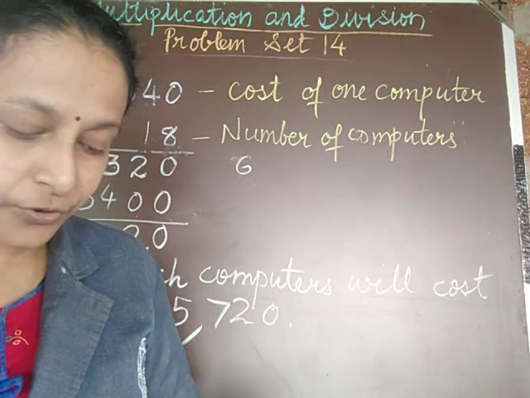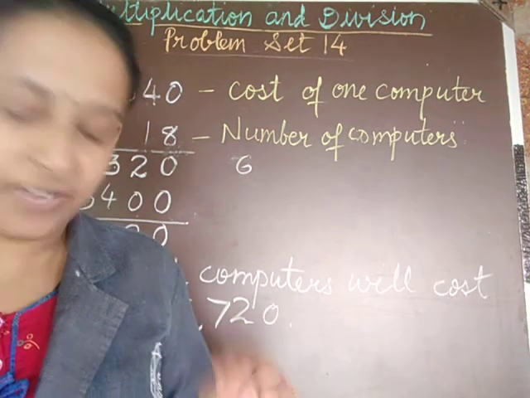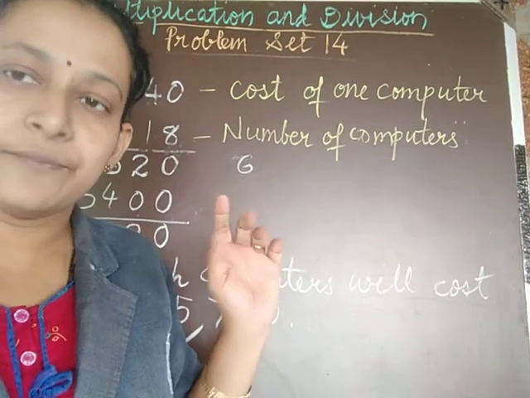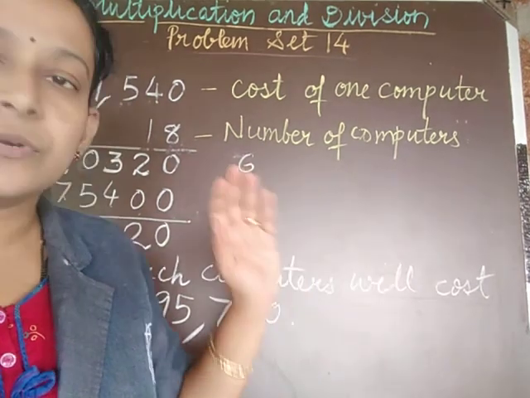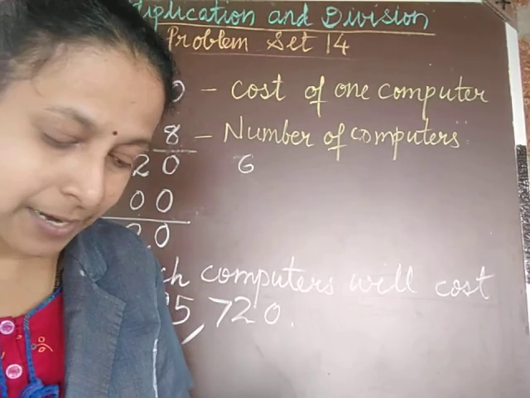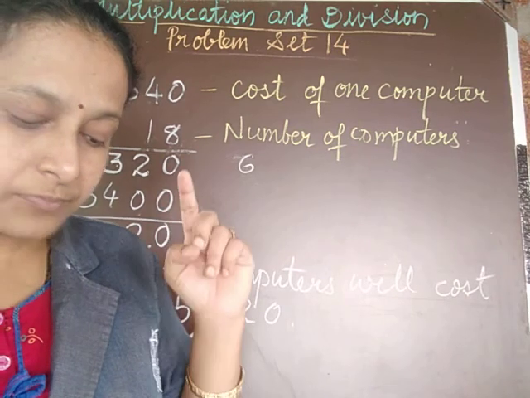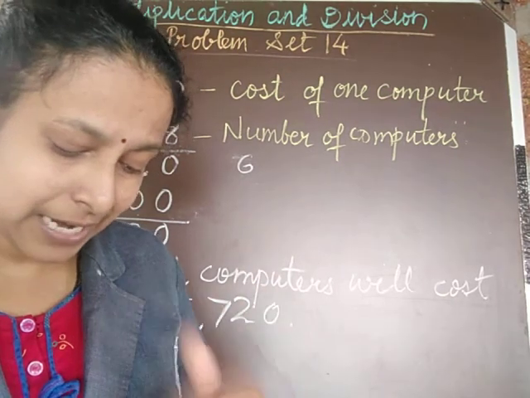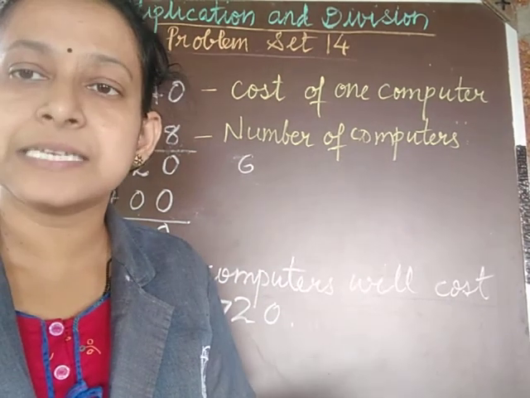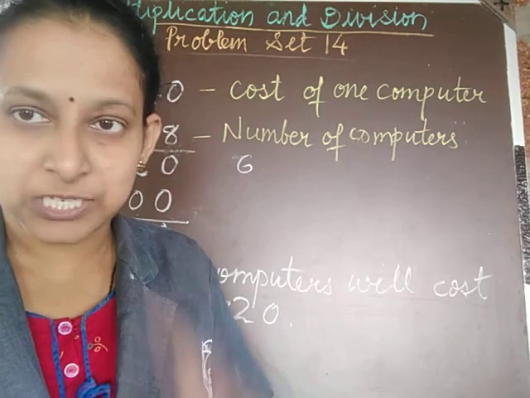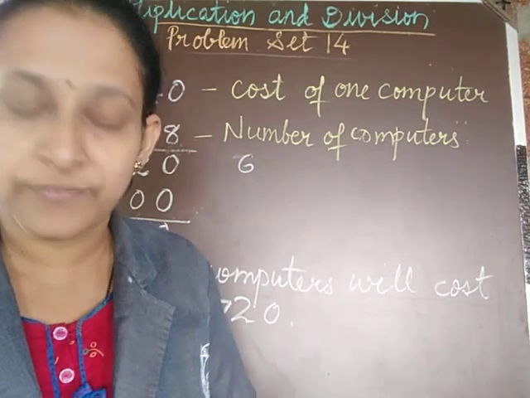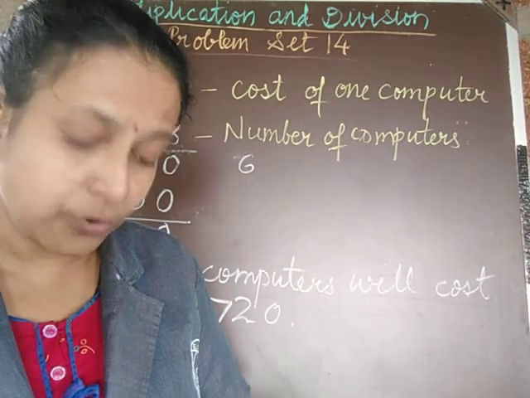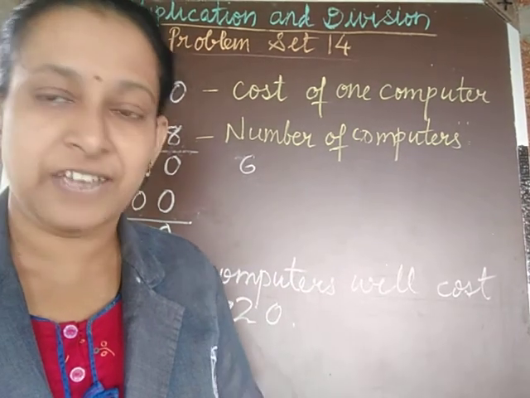Fine. Now I have solved 3 questions. Now what you have to do for your homework? You have to solve question number 5 and 6 along with these questions also. Whatever I have shown you, you have to see the video and try to write on your own. Is that clear? Second thing, you have to complete even question number 5 and 6 on your own. Then 7, 8 and 9 in the next class or in the next video I am going to explain to you. So till then you have a lot of time to solve. So students, question number 2, 3, 4 you solve, plus as homework on your own you have to solve question number 5 and 6.